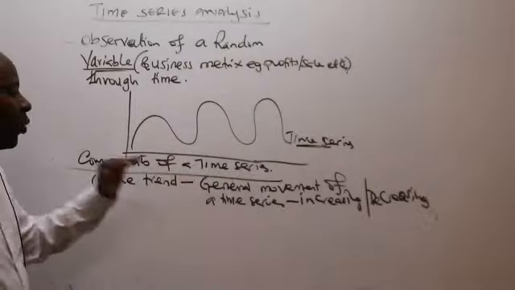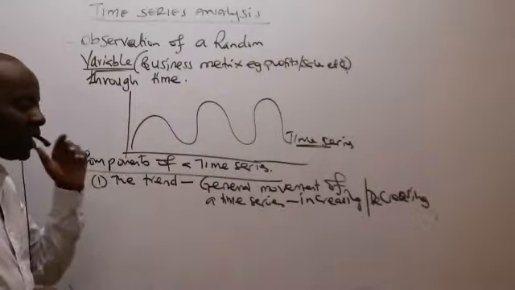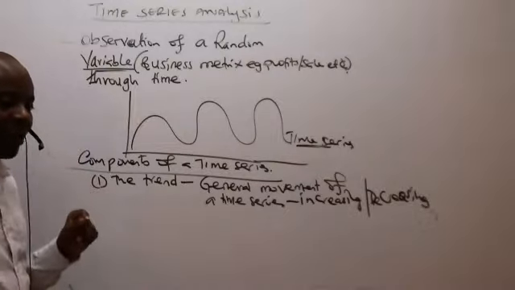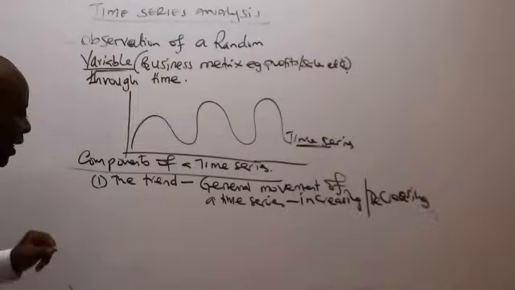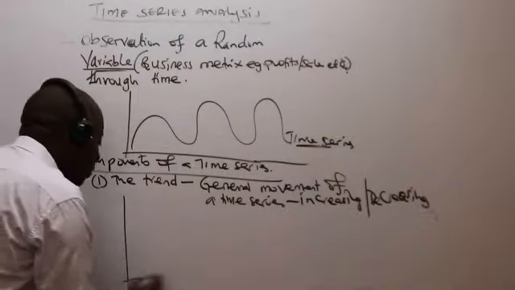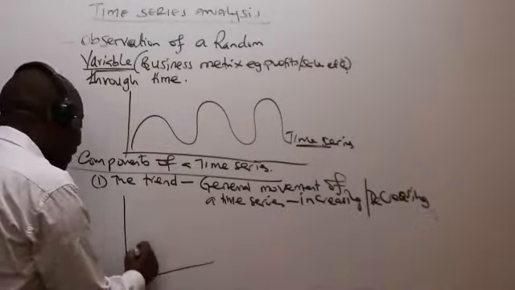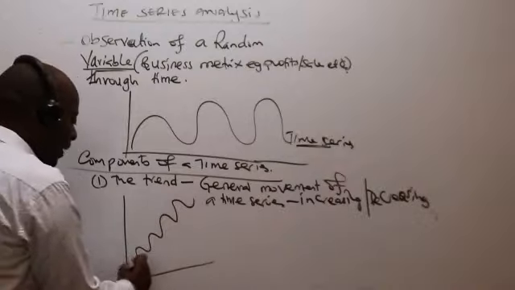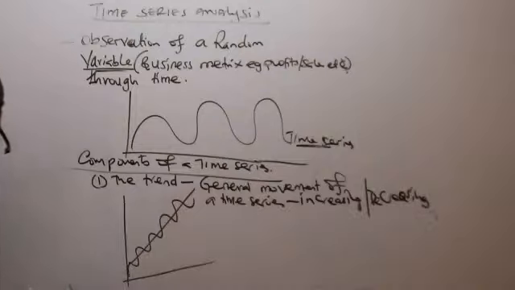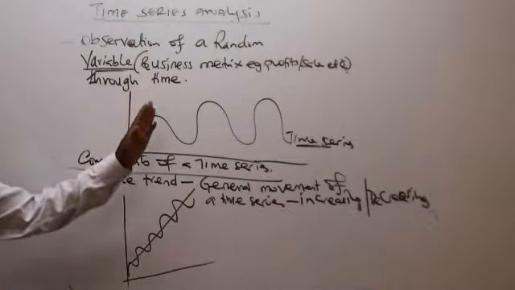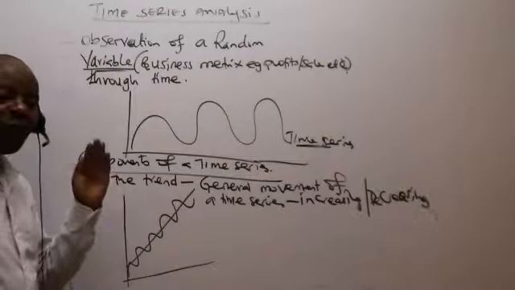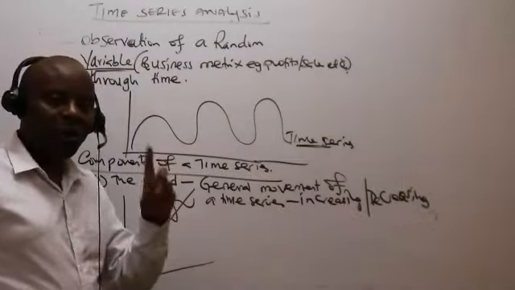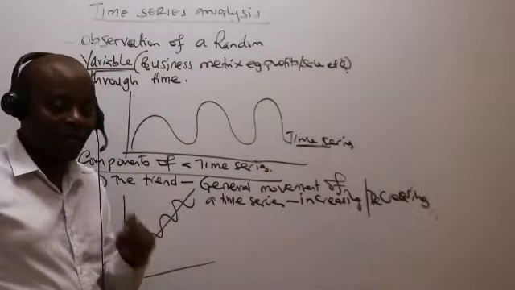Ladies and gentlemen, we are saying that fine, our time series can never be constant. But there is something very important we are saying here. Fine, our time series will keep on fluctuating, but generally there will be that. So I can see, fine, the fluctuations are there, but my time series is increasing, like that. For instance, if you're to measure some metrics, like for example, smoking amongst ladies in Kenya,